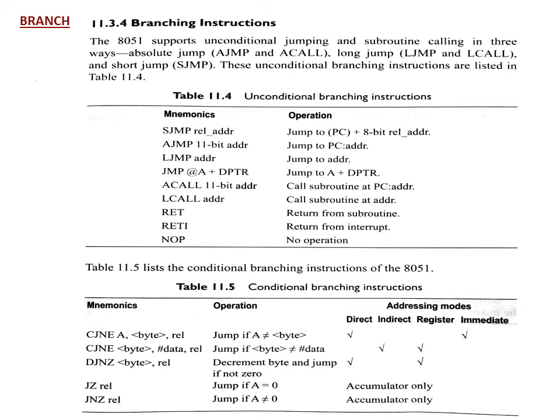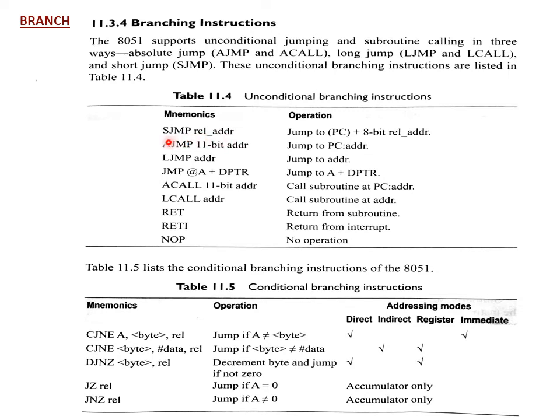Same way, in 8051 assembly programming, conditional and unconditional branching are given. Now see, mainly jump and call instructions are used as conditional and unconditional branching statements. Now check first the unconditional branching instructions. SJMP, with the address directly given. The meaning of this one is simple jump operation. Once you jump, the program counter is added with the 8-bit address given in your instruction.